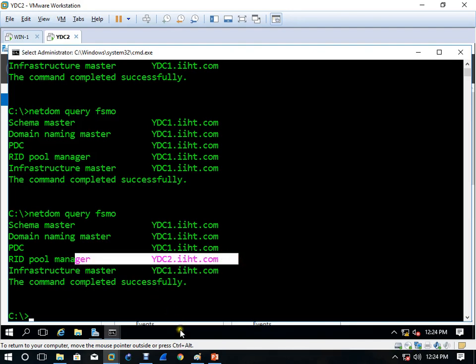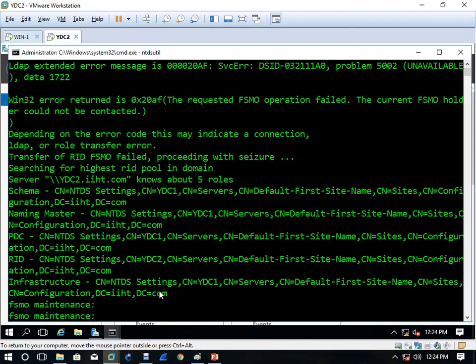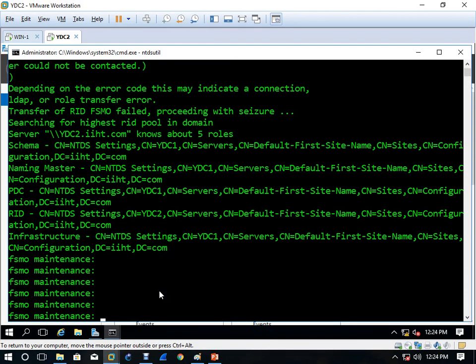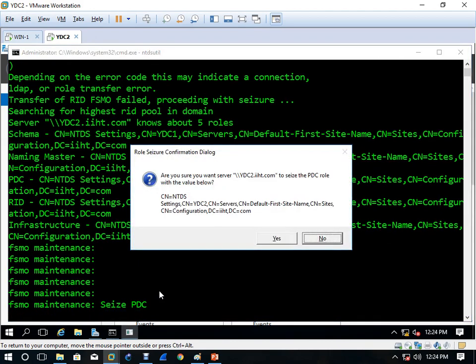Okay, now let's come to this command line again to FSMO maintenance, and then write seize PDC. Okay, enter. Yes.